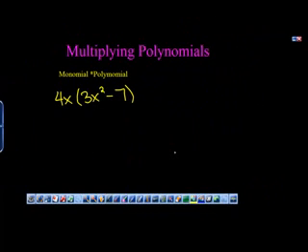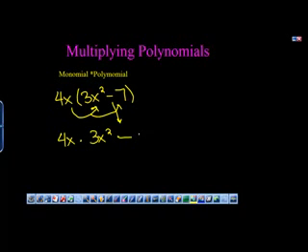When multiplying a monomial by a polynomial, you want to take your monomial and distribute it, whether it's 2 terms, 3 terms, or 4 terms. So 4x times 3x squared, bring down your sign, minus 4x